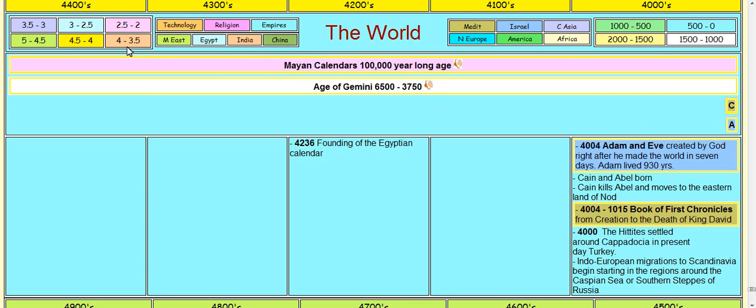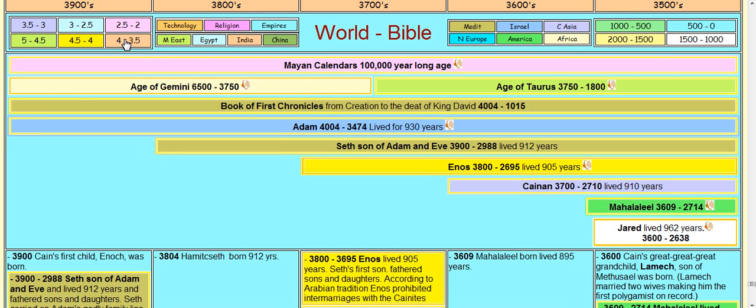So then the Mayan calendar, 1,000 years age, and here's where Adam and Eve were born. So then we can watch Adam and Eve live their lives. They live for 900 years, and they give birth to sons, and then they have Enos and Canaan, and then they start filling up their family, and in the meantime they go on from Gemini to Taurus. And then,